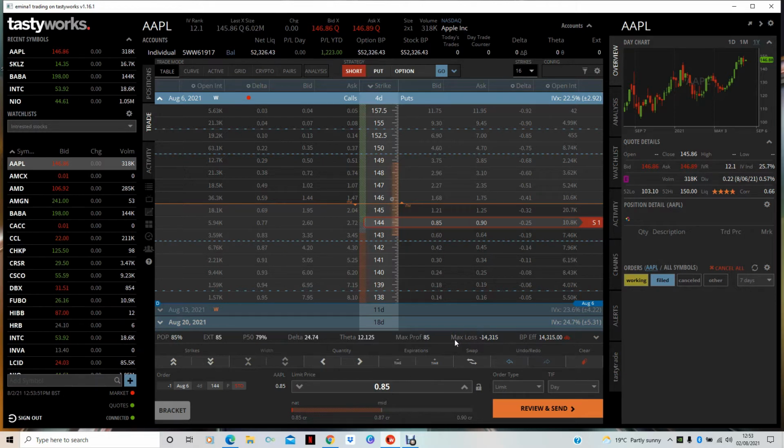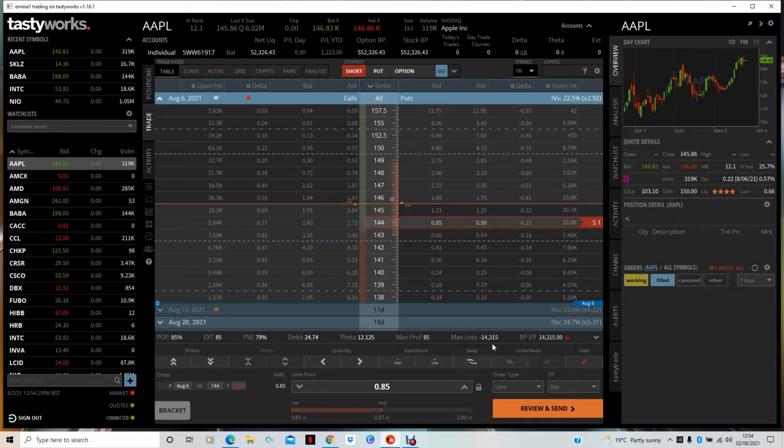It says here maximum loss, and I know I said before there's no risk. They have to put maximum loss here because there's always a chance that a company can go bankrupt. So if I invest $14,000 in Apple, and this week Apple announced that they're going bankrupt, I lose my money, obviously. But we all know Apple aren't going to go bankrupt this week, probably never, but they have to put maximum loss here just in case.